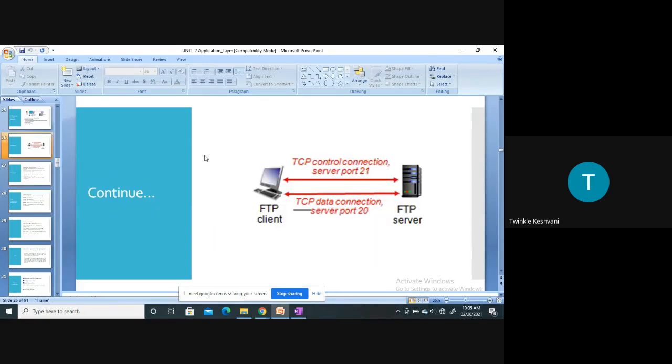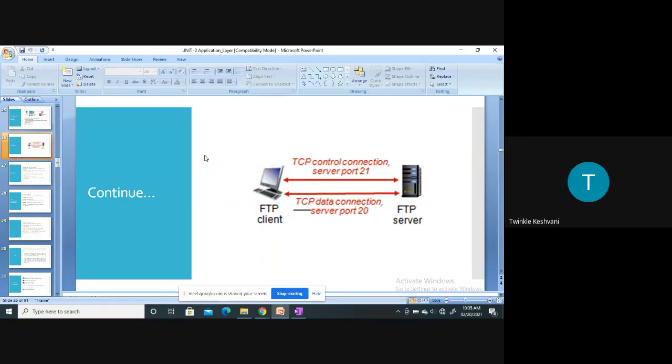So as you can see here, FTP uses two parallel TCP connections at the same time, right? One is the control connection, where the user authentication, user password, and if the user is requesting a change of directory, all this information is sent over the control connection. But in the data connection, the actual files are transferred.